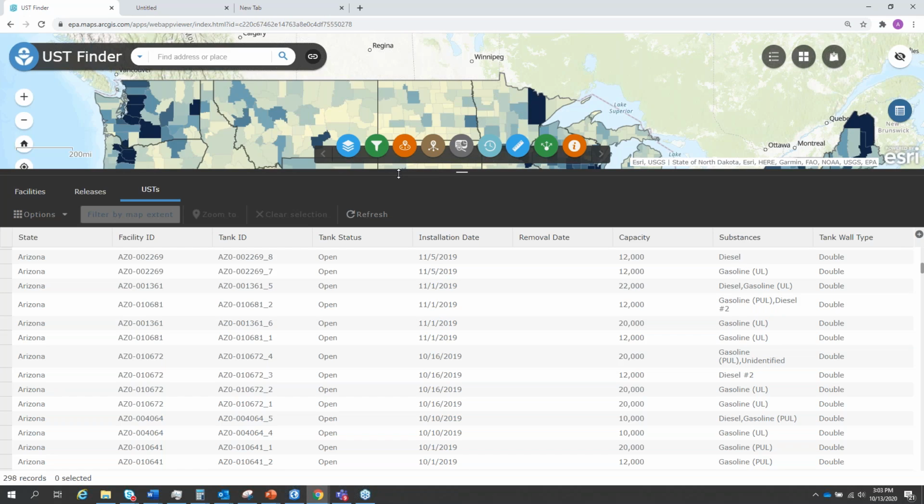Some states had a wealth, a plethora of data, going into details about the piping and the dope and the facets and everything. And some states were a little bit more bare. In order to maintain this as a national database, we took all the elements that were common among all states. So in terms of the construction type, we do not have that data in here, although that is something that we are looking to do in the future with the next version, to include some more detailed information about the physical properties of the tank.